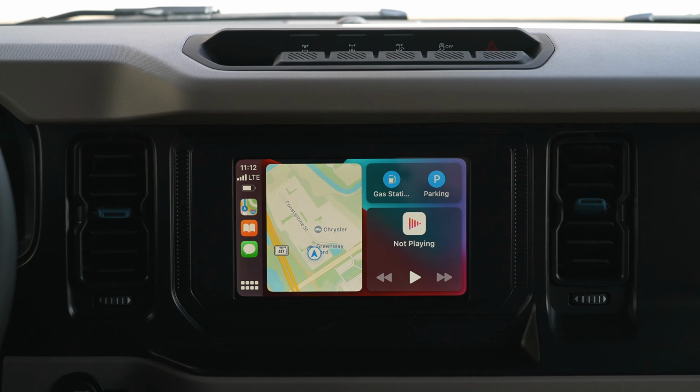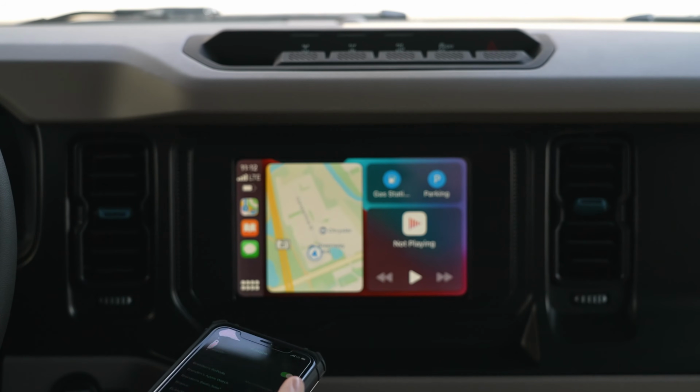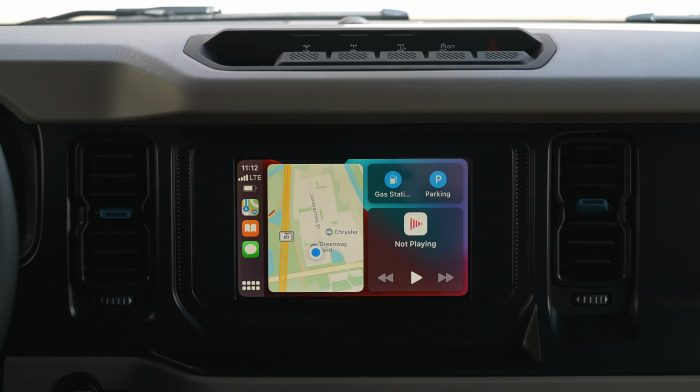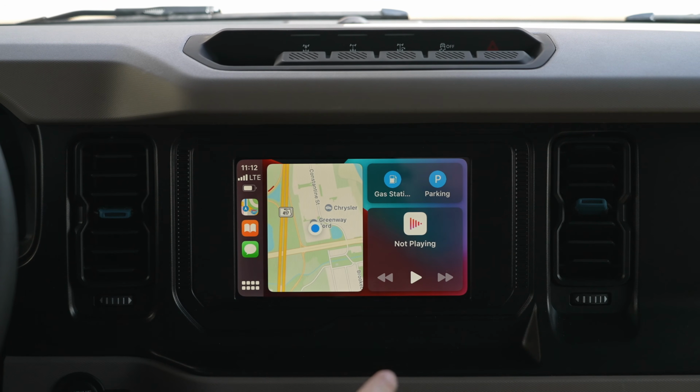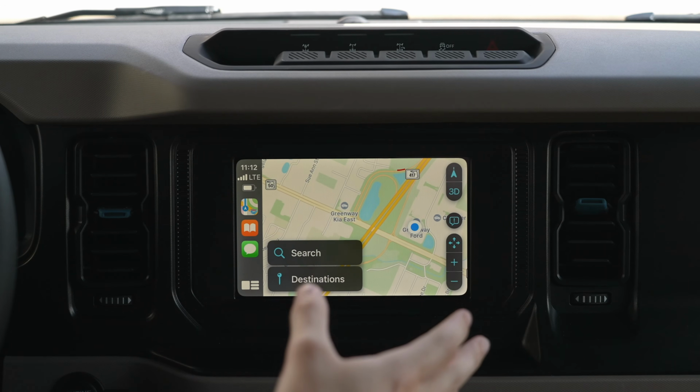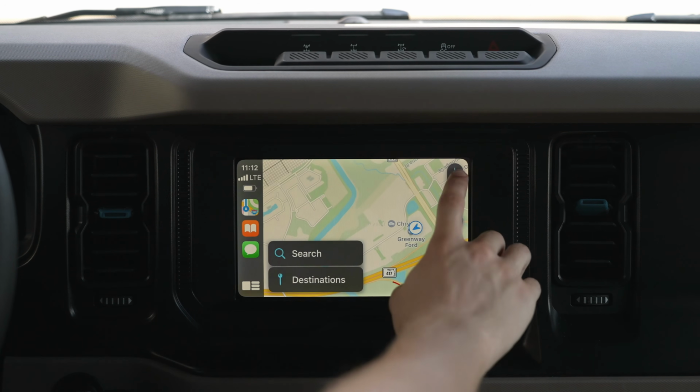Now there are a bunch of different options you can do. You can go into the App Store on your phone, and you can download more apps that can be integrated into CarPlay as well. But just to show what can be done with what we have right now, one of the major things you can do is you can use GPS right through your phone. So if we go into the GPS menu right here, you can change it to where,